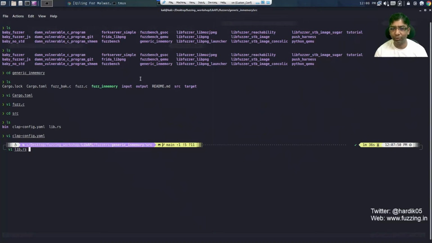Like in the case of libfuzzer, we will get one executable file, and when we run that, it will simply start fuzzing. The same kind of approach has been used here. We will get one executable, and when we run that, it will start the fuzzing. So that's why it is lib.rs, and there is no main.rs over here.